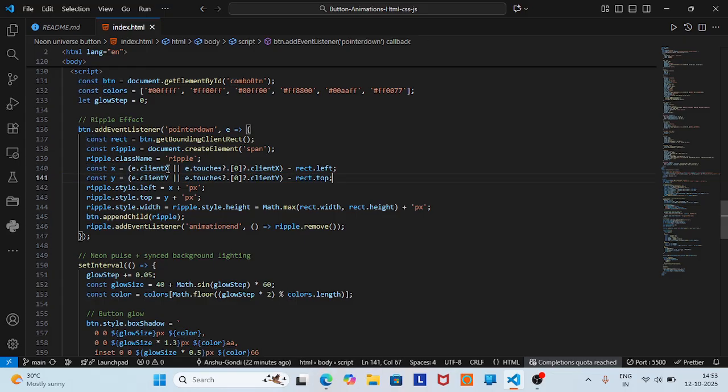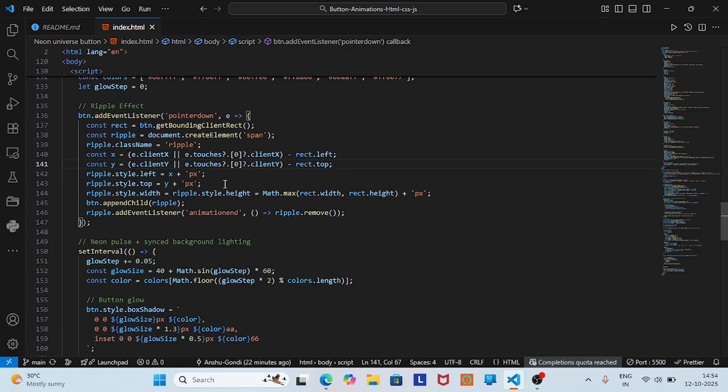Like you can see, it's in a main position divided by where it has been actually touched and its position, and then it's to the client, and minus by the rect left side and the top side for the xy coordinate. Okay, and then its style left and top will be defined right here, that you can see its number to the x pixel, and then its y constant number will be given to the